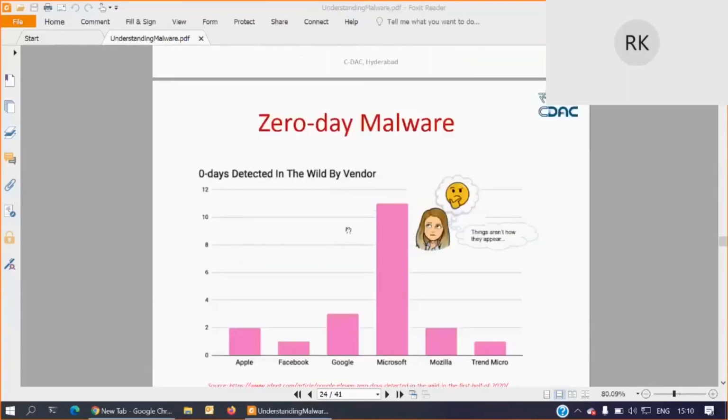Okay, this is one special kind of malware. We don't have any signature of these kinds of malware in our system, and the antivirus people will not be able to detect it, and the vendor also will not be able to release the patch immediately, because he also needs to understand what the vulnerability is, what its cause is, and what the mechanism is to fix it, and that needs to be implemented, released as an update, and your software needs to be updated. These many cycles are there in between, right? So these are very, very dangerous. Zero-day malware is very, very dangerous.